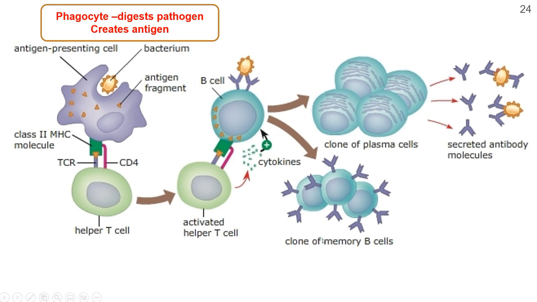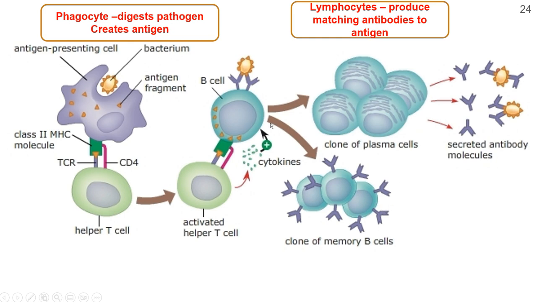This is why vaccines are able to work, because those memory B cells will float around your blood for months, sometimes years, sometimes your lifetime, to be ready to turn right back into plasma cells that are going to secrete massive amounts of antibodies that are going to fight that infection. So the two halves: the phagocyte digests the pathogen. This is what creates the antigen. Everything from that point forward is a lymphocyte whose whole job is to produce those antibodies which bind specifically to